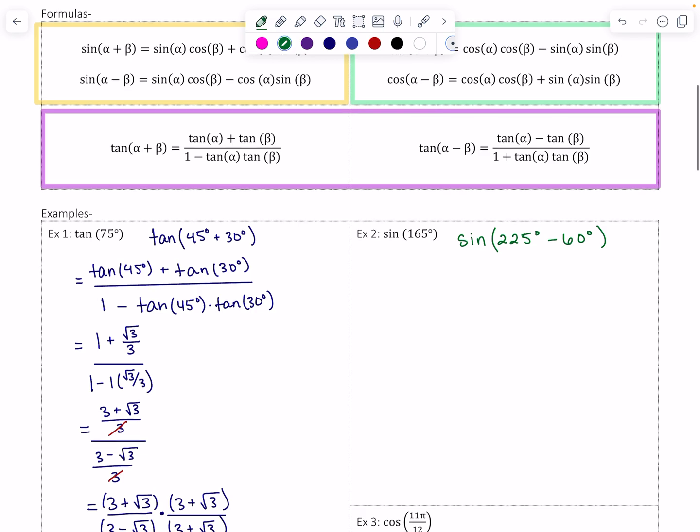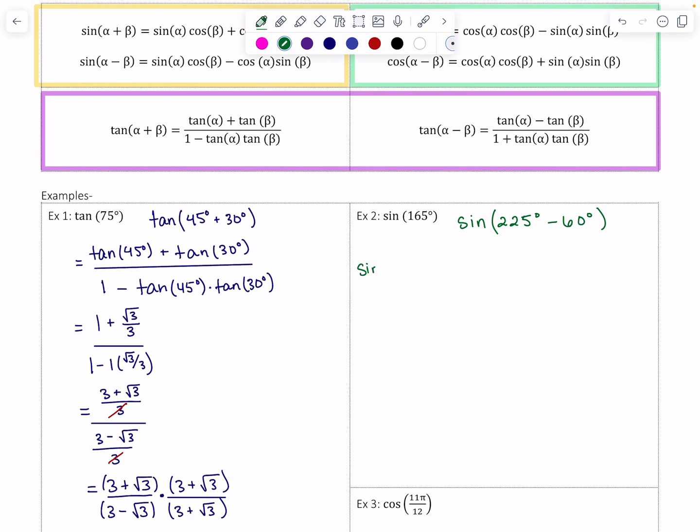Okay, so we then have sine of 225 degrees times cosine of 60 degrees minus cosine of 225 degrees times sine of 60 degrees. All right, we're going to evaluate each one of these. So sine of 225 is negative root 2 over 2 times cosine of 60, 1/2, minus